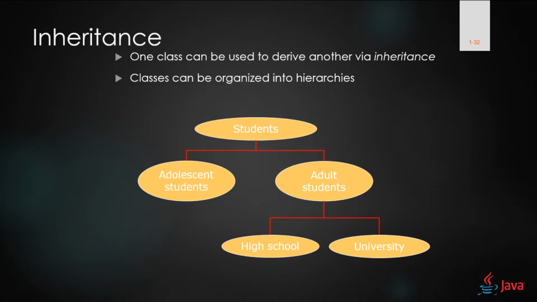There are different types of students: adolescent students, adult students, and under adult students there is high school and university. From the students you can inherit adolescent students, you can inherit adult students and as many classes as you want, and with this feature you can organize them according to your will or put them into different